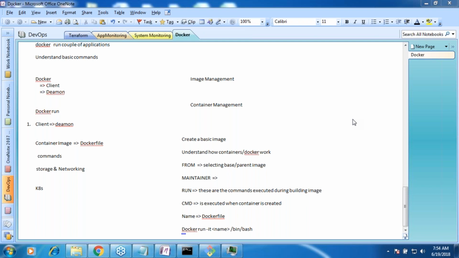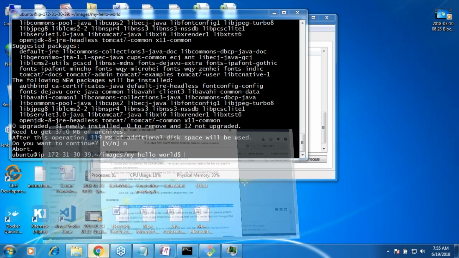So to prove that point, I've shown that the ping command is not found. ifconfig is not found. Your containers will not have whatever your Linux machines will have. It will have very limited stuff, whatever is required for your application to work. Can't you do that? You can definitely do that. But for that, you have to do extra installations. In the run command, go ahead and install SSH, whatever is required for the SSH services to be started. Okay. So, yeah, I think that's what we had. Now let us get into the interesting area of it. How are these containers working? Okay. Yeah. Fortunately, it is open.